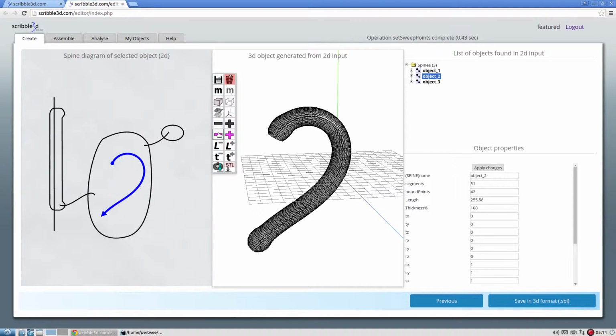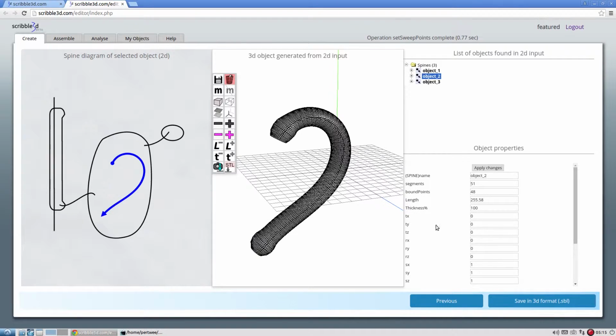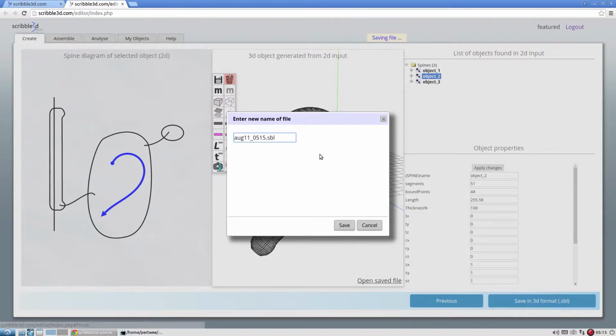Clicking on this icon is another way of changing the resolution. Save the file in the cloud.